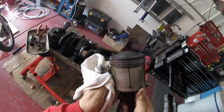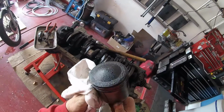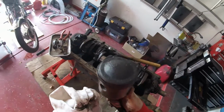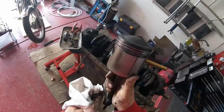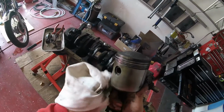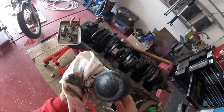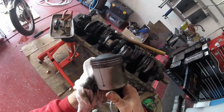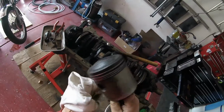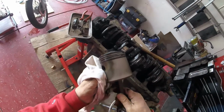Oh, okay, burning on the side. That's kind of expected in that area when you consider which way around the piston goes. These are the surfaces that are constantly rubbing backwards and forwards because they're in line with the crank, whereas these areas here are not. But that looks good, and once I clean the top off, I'll be able to see whether these are standard pistons or not. I believe they are, which is good because that means I can just hone the bores and